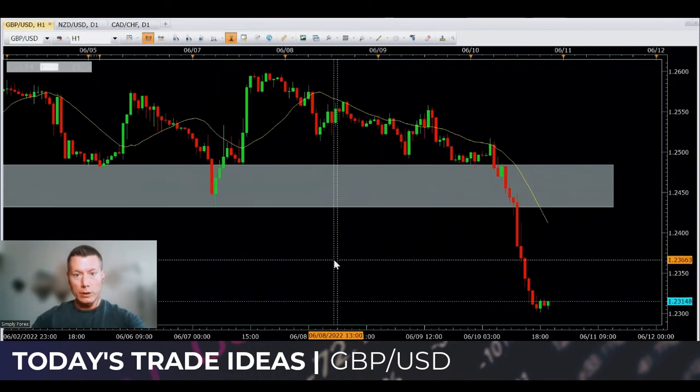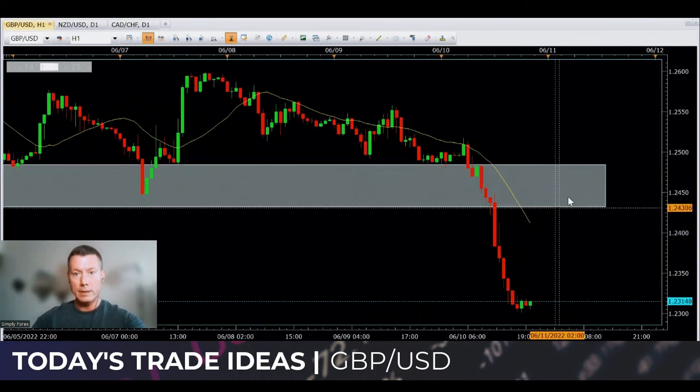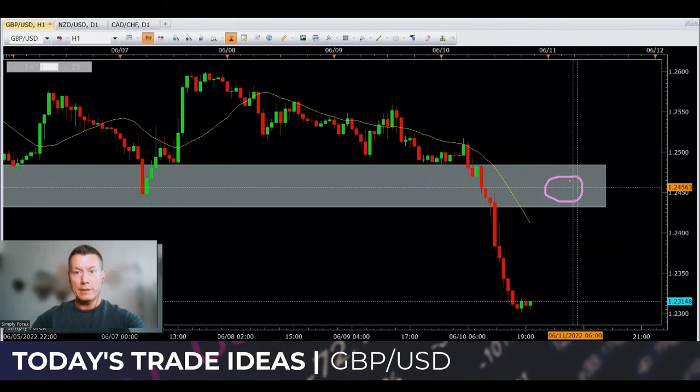So in an ideal world, guys, price will come back up to this grey zone. If it does, it offers us excellent value. We then see a bearish candlestick pattern. That is always our trigger to enter. This is very important. We then enter the trade, and then we can take price back down to these last lows here, close 80% of the trade, and then leave 20% to run down to our higher time frame blue line. So yeah, that could happen.